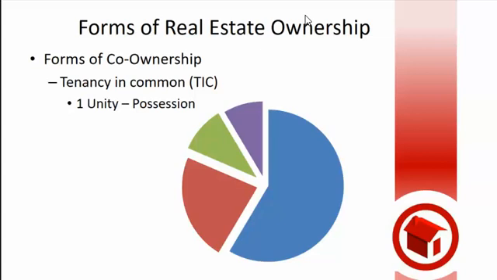Someone who owns 16% owns 16% of the desk, the chairs, the parking lot, the roof, the dumpster. You can't say, well, I'm taking my 16 chairs and going home because that's my 16%. No, it's not. You own 16% of all 100 chairs, and I own 24% of those 100 chairs. So it's an undivided interest.